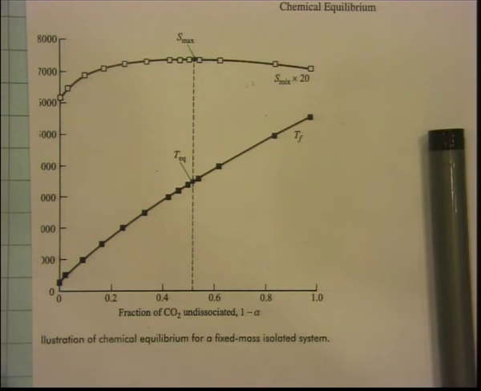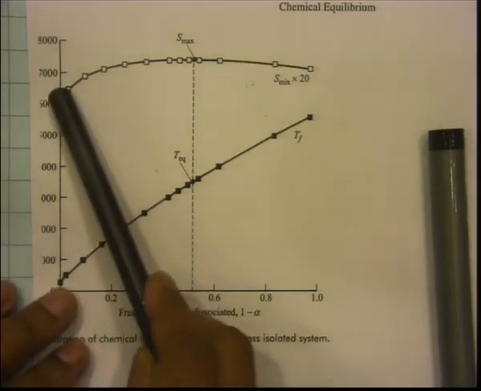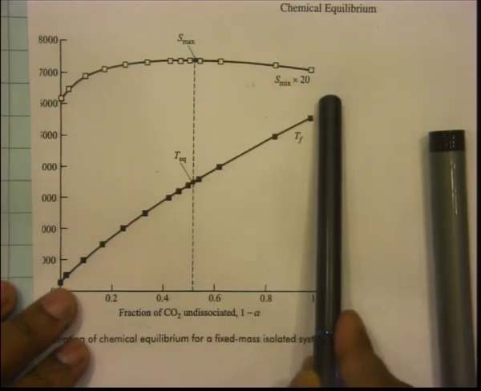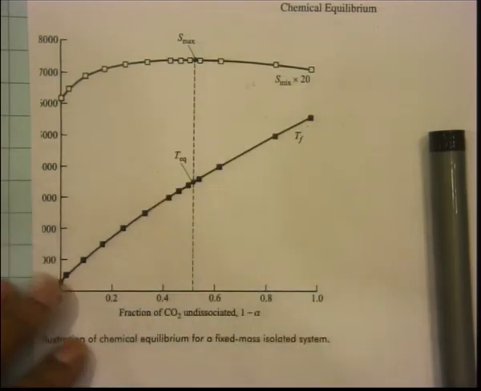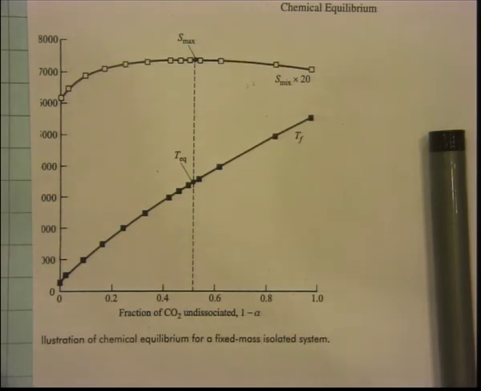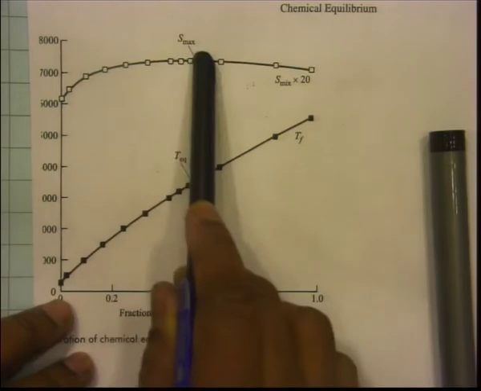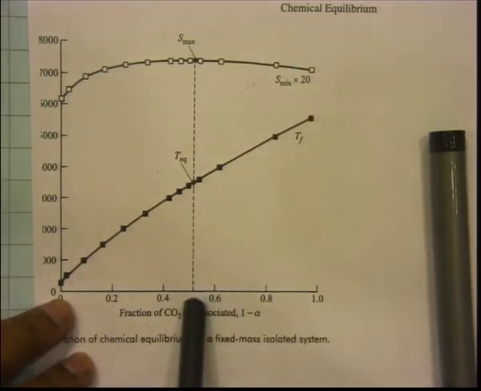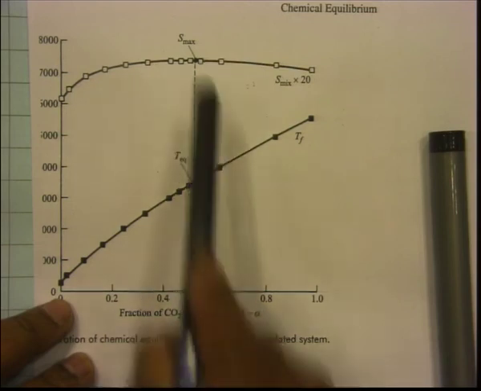You can calculate the product entropy by looking at entropy data from the back of the book for each species and summing them up and things like that. Possible to do it, right. So, that is how you got S as a function of 1 minus alpha, and you will see that this S has a maximum. So, it is not monotonic. What does monotonic mean? That it just keeps on increasing or just keeps on decreasing, it is not that. So, it goes up and then it comes down, and there is a particular value of 1 minus alpha for which entropy becomes a maximum,